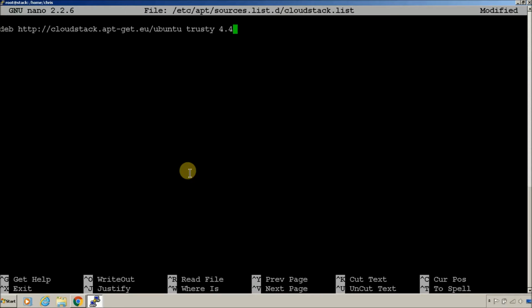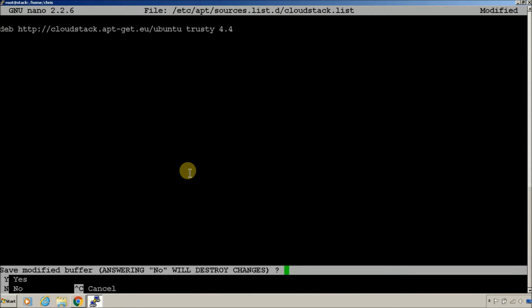The current version of CloudStack is 4.9.2, but I've had luck with 4.4. They're somewhat similar, and they're upgradable via apt-get. So we're going to install 4.4 just for the sake of this tutorial. You're not going to have a ton of difference between 4.4 and 4.9, but we'll upgrade after the fact and see what it looks like. Okay, so we'll install with 4.4, save this,